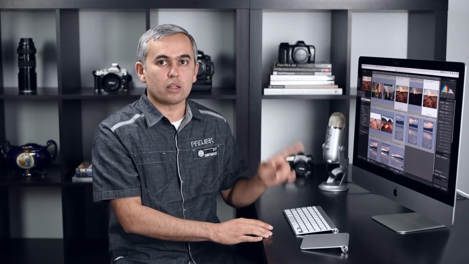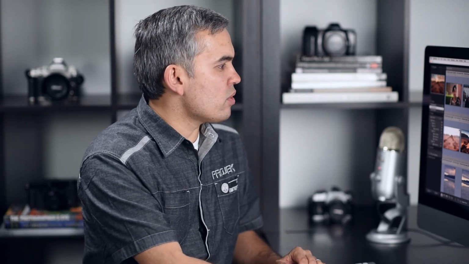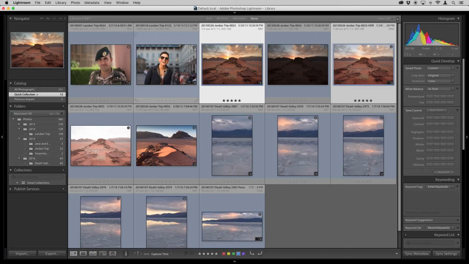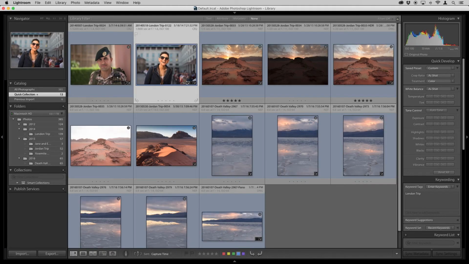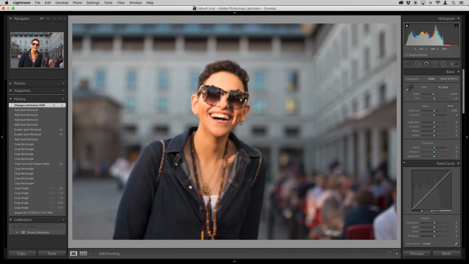So just keep this in mind. If you've never tried an HDR technique, you'll be surprised by the results you can get in Lightroom compared to most other software packages. Now that we talked about the Lightroom features like Panorama and HDR, let's talk about a few other things that we haven't talked about yet. And what I'm going to do is I'm going to select an image, maybe even this one, and let's say if I go to Develop Module, what if I wanted to have some changes to the image done, and then maybe have the quick way to access the changes and preserve different versions of it.